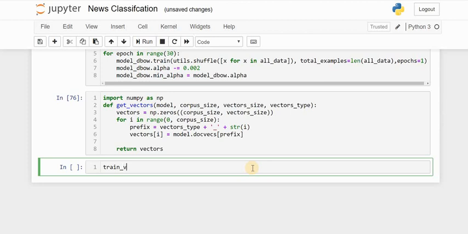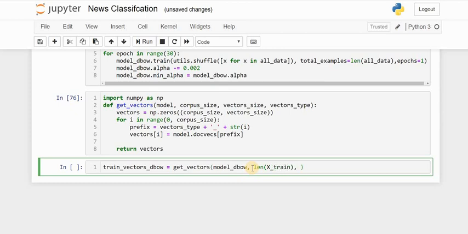So let's first print the size. Before that we have to call get_vectors. The first argument is the model that we just learned, model_dbow. The second argument will be the length of the training data, which is 1192.